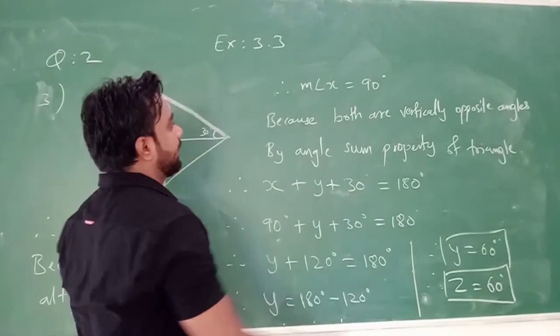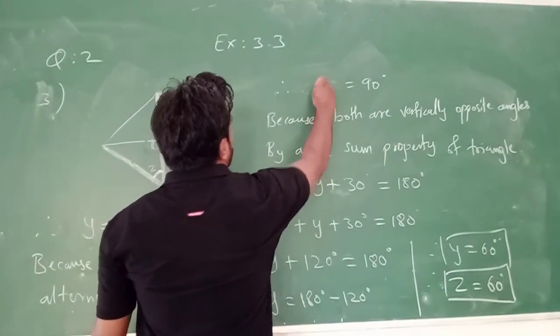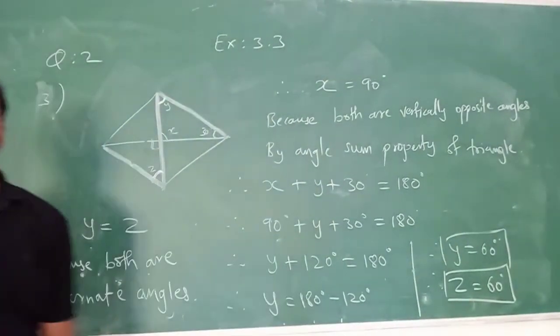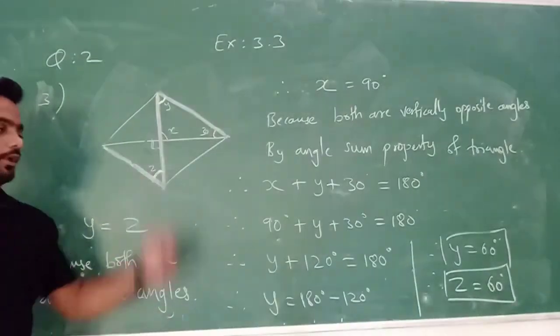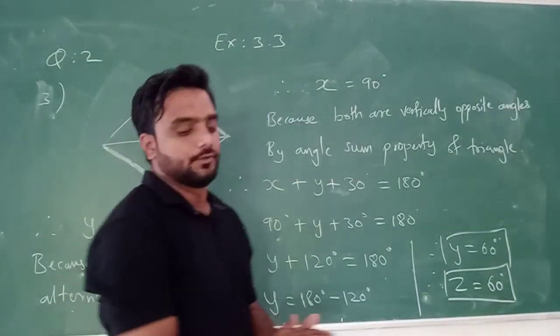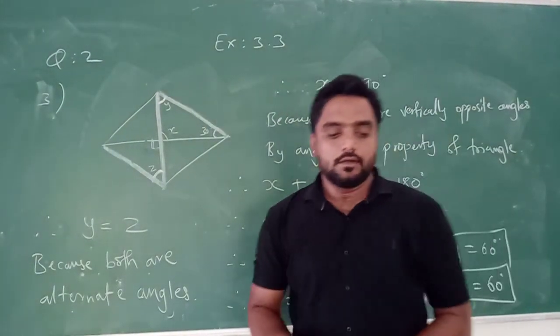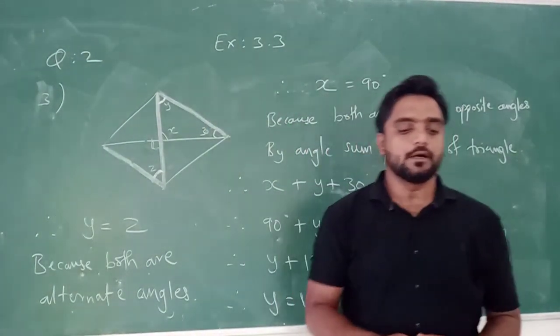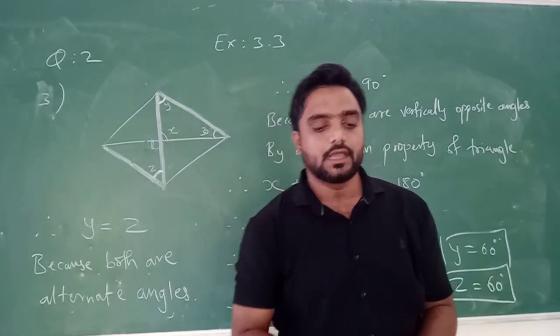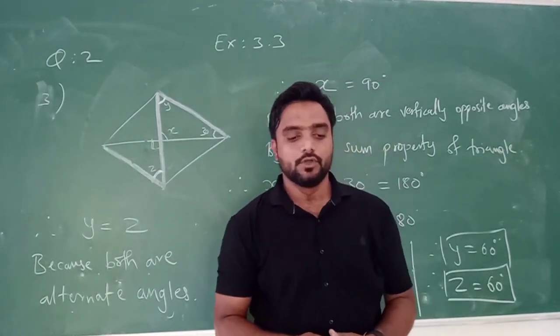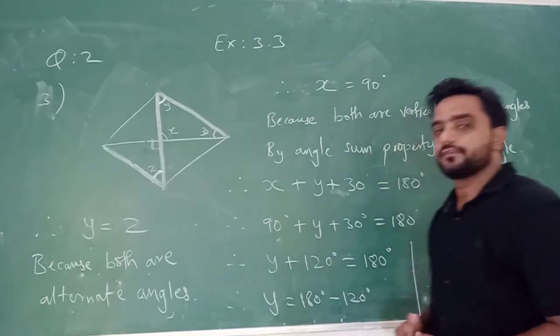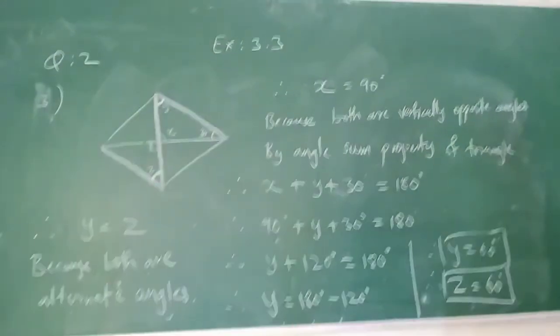Or I can write it as x also. So x is equal to how much? 90 degree. Understand or not? तो यहाँ x और y और z की values मिल गई हैं. Understand or not? So till now, अब हम यहीं तक करेंगे. The next two figures I will explain to you in our next video. So this is the solution of the third figure of exercise 3.3.